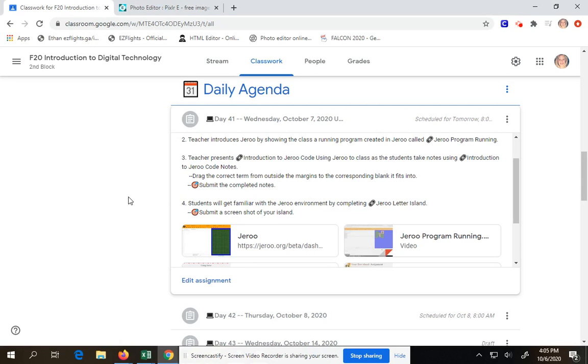Today, we're going to learn some very intro programming code. We're going to use something called Jeroo to go through some intro coding skills. Now, if you'll see the link for the Jeroo program running,